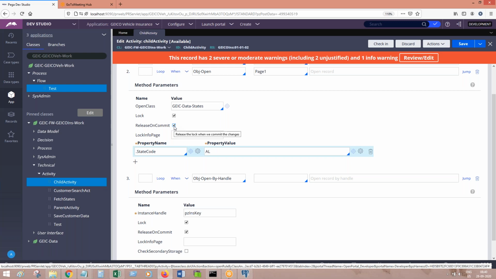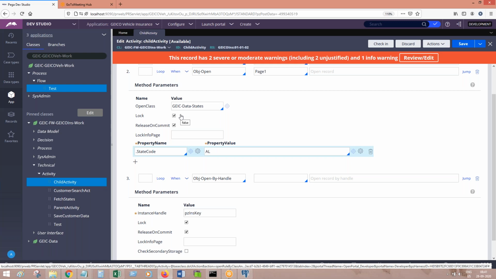Suppose I'm simply opening and using it. Do I need to acquire lock? Is it necessary? I fetched the data of one record from the table. I'm further using it, but I'm not updating back anything. Do I need to acquire lock? No. That's why these are not mandatory fields. Suppose your requirement is you open the record and you have to update the record back with some data changes. Do you need to acquire lock or not? Yes, we need to. That's how you need to think. So this is the purpose of locking.